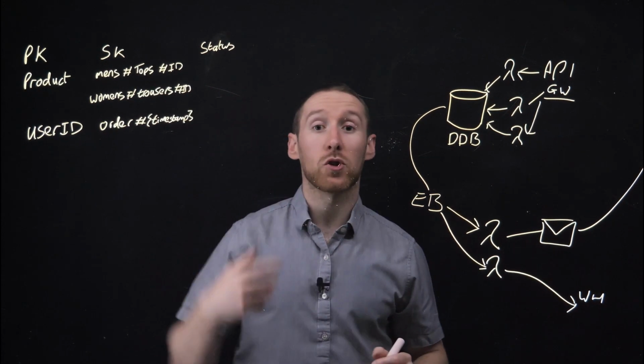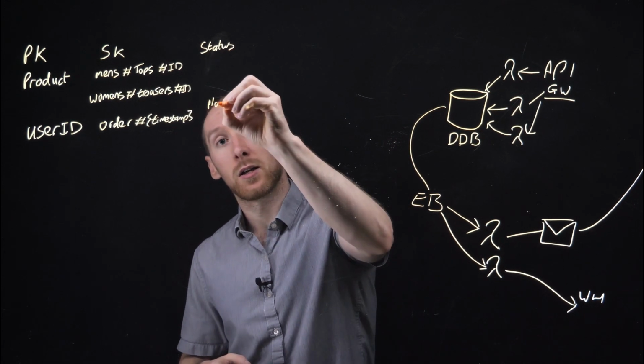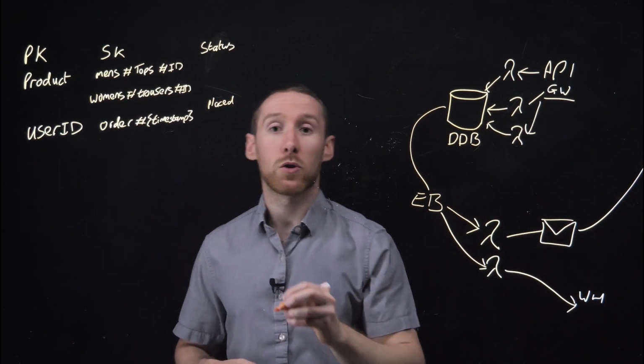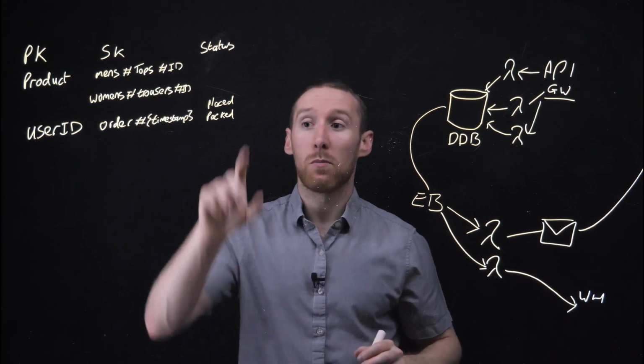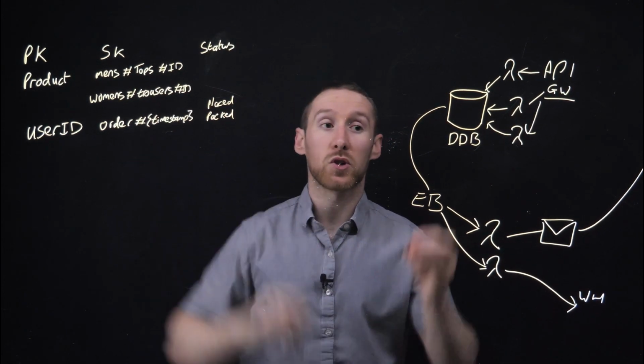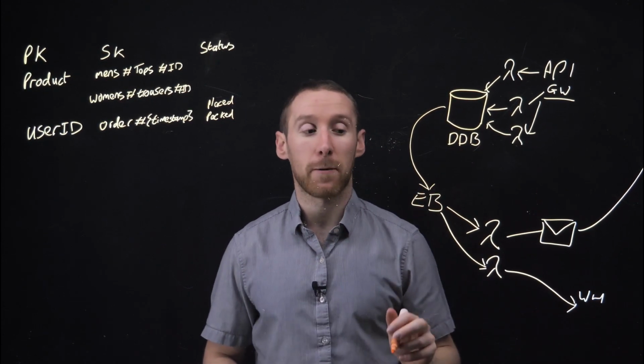And that has now just changed from being something like placed to being packed. Again, because this DynamoDB record has changed, the streams will go into EventBridge, and this will